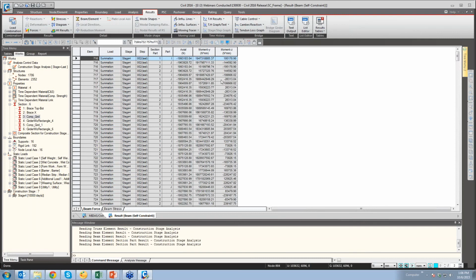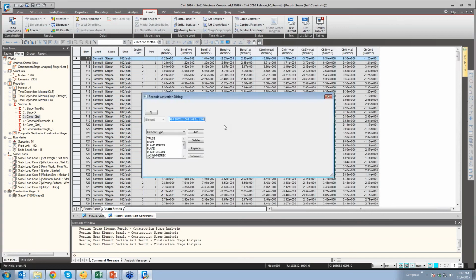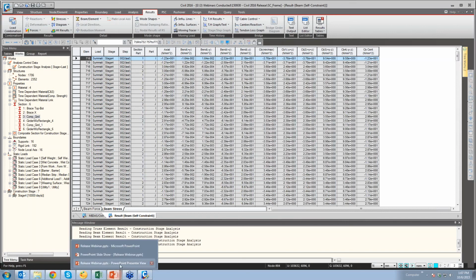Over here the forces and the moments have been mentioned for the selected elements. Similarly, if you go to stresses, then the stresses for all the element parts and at I and J end would be mentioned. If you don't want it at I end and J end, if you want some other location, you could select that from the active record as well. I have selected I end and J end over here. If you want it at only one of the ends, then you could select that, or if you want it in mid, you could select the 2x4 option. Okay, so these are the self-constrained stresses.